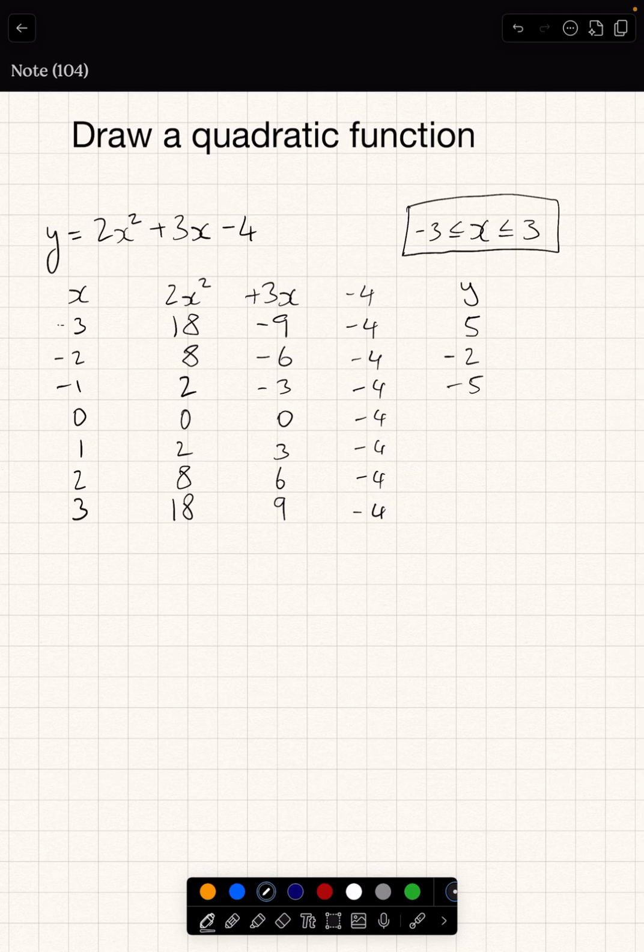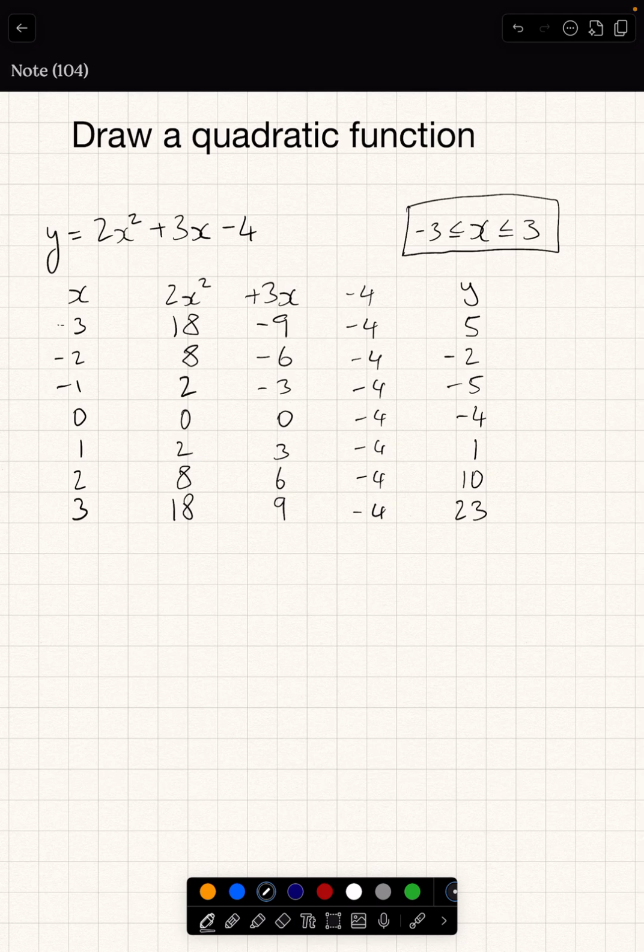Then we have 0, 0 and minus 4. 2 and 3 is 5, take away 4 is 1. 8 and 6 is 14, take away 4 is 10. And 18, or let's say 9 take away 4 is 5. 18 and 5 is 23. So